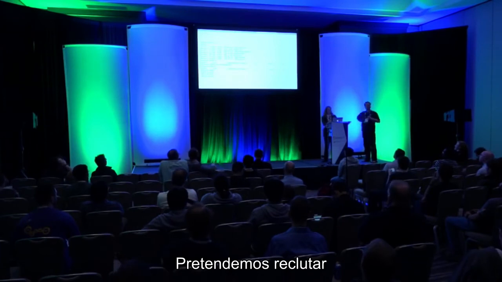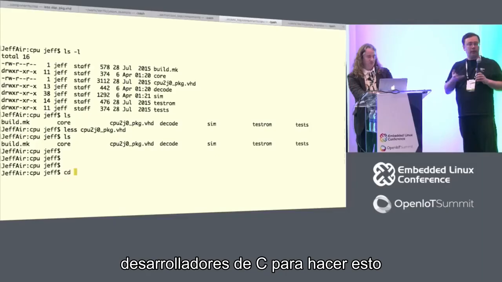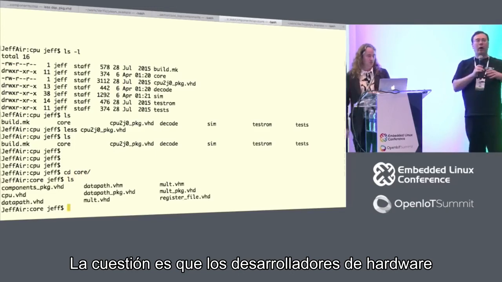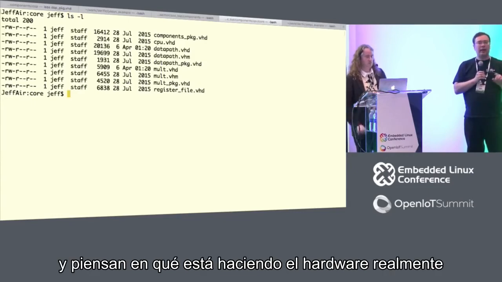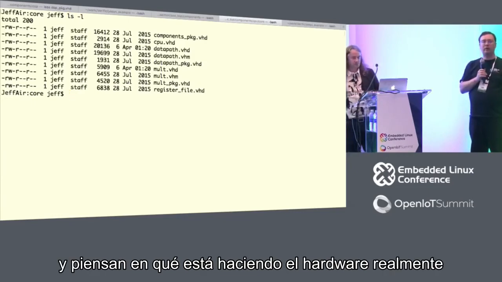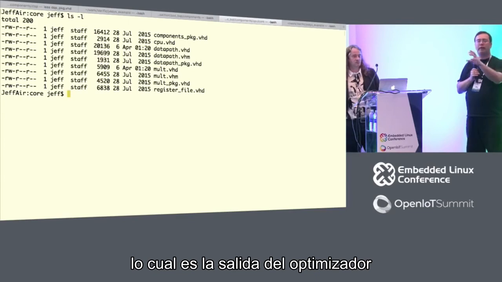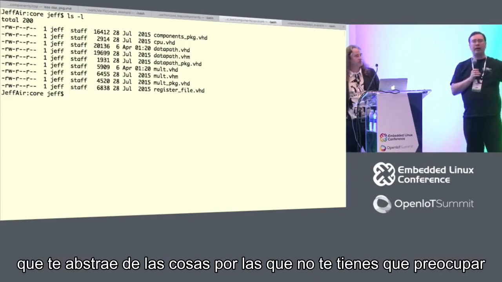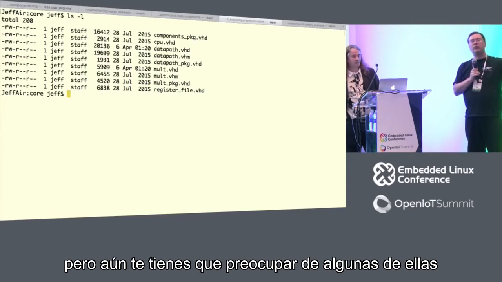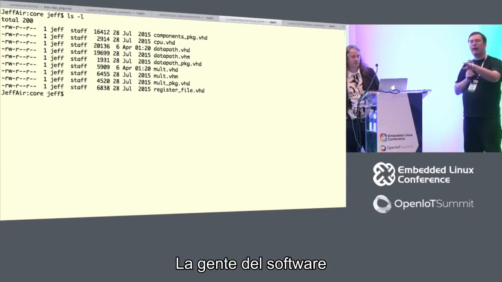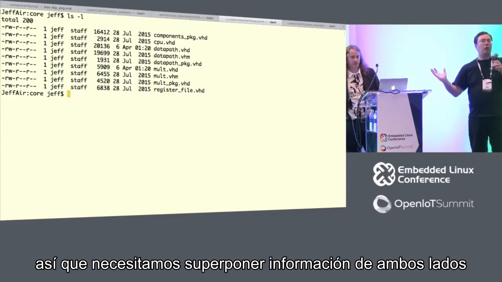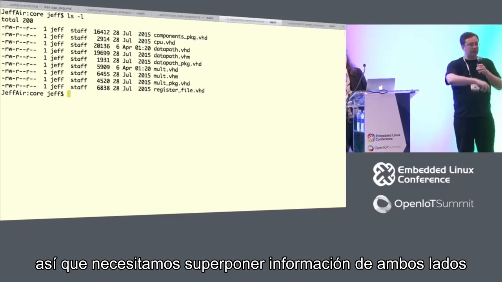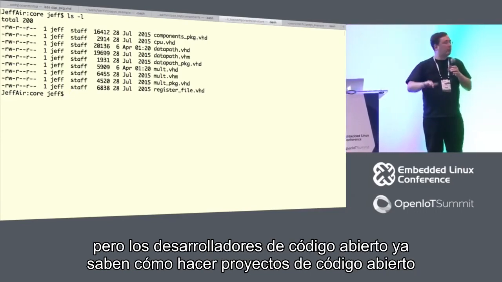We are attempting to recruit C developers into doing this. The thing is, hardware developers tend to want to connect wires together, and they think about what the hardware is actually doing, which is the output of the optimizer, that this abstracts away a lot of that stuff that you don't have to care about, but you still have to care about some of it. The software guys don't know the things like, you know, you have to do the layout right or you can't clock it very fast. So we need overlapping information from both sides,